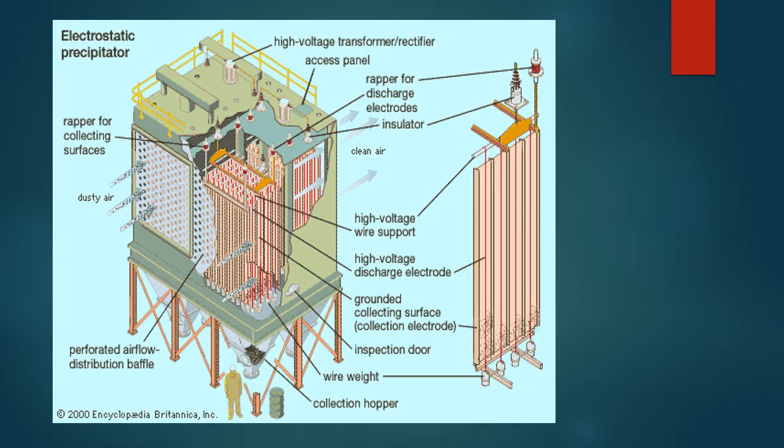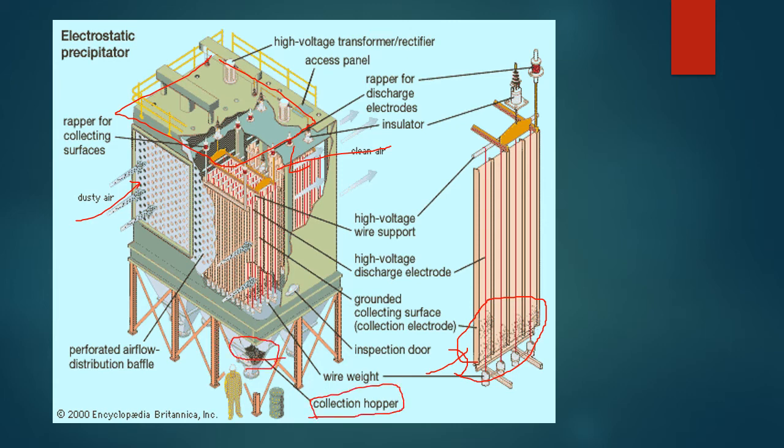Now the block diagram, the coded view can be seen from this diagram. This is the inlet path through which the dusty air will enter. This is the roof, through which we have support so that the emitting surface can maintain electric voltage. Now this inner part is seen here. High voltage support is given, and the dust particles will settle down to this bottom portion and be collected from this part, the collection hopper.